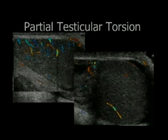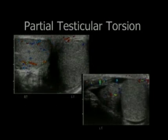While I'm not going to show you the images, the waveforms were identical from side to side. So this child had a 360-degree twist and was salvageable at surgery, but if all you go on is just a binary decision of flow or no flow, you're going to miss these patients. Here's another child,